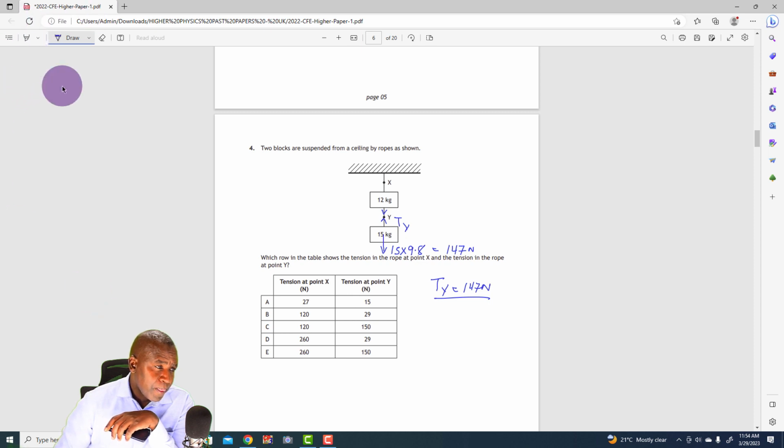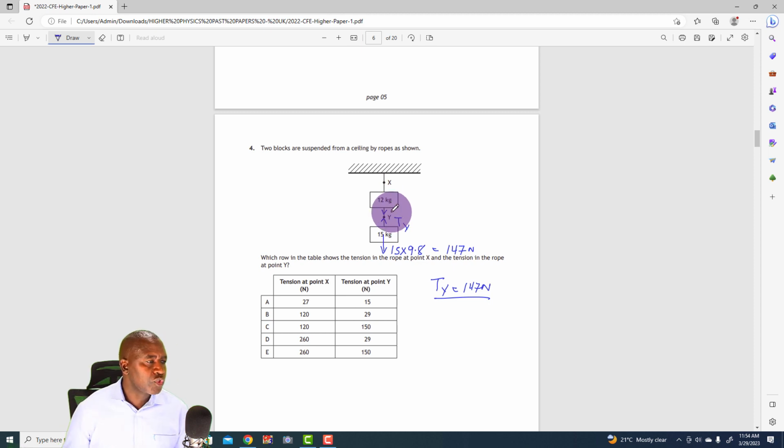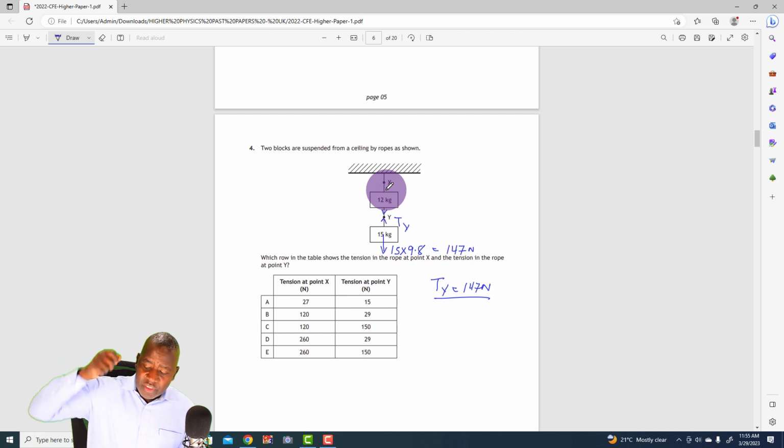Having said that, we'll come to the 12 kg mass. Again, there are three forces acting on the 12 kg mass. One of them is the tension in Y. In other words, the rope Y tends to pull this object downwards. The other force is the tension in X, which tends to pull the 12 kg mass upwards. Let me put that tension in X. I'm going to draw an arrow like that, and then I say tension in X, pulling the 12 kg mass upwards. And of course, the third force is its own weight, which is 12 times